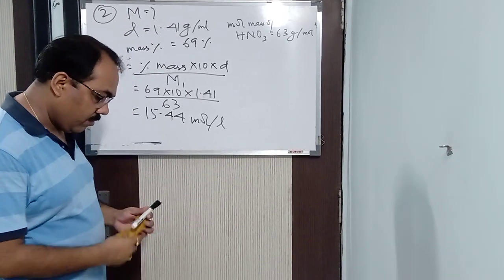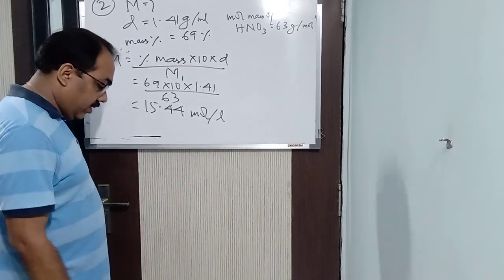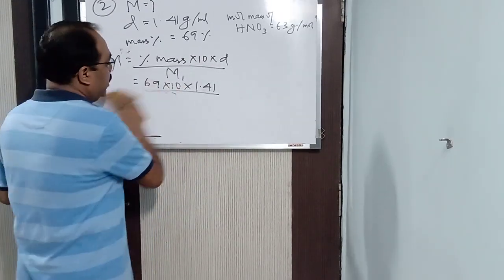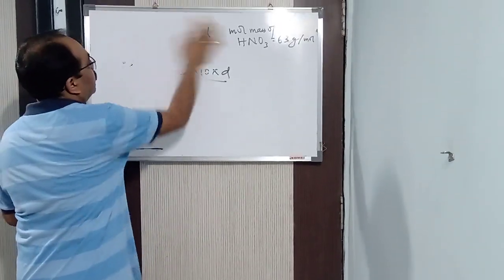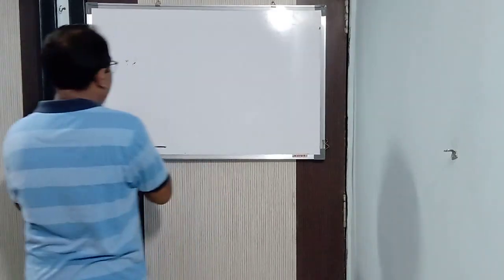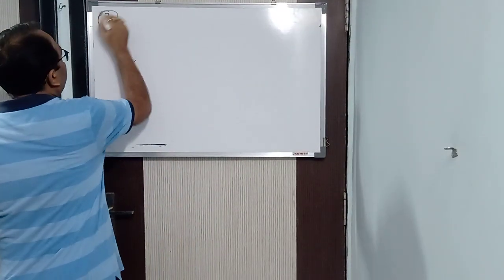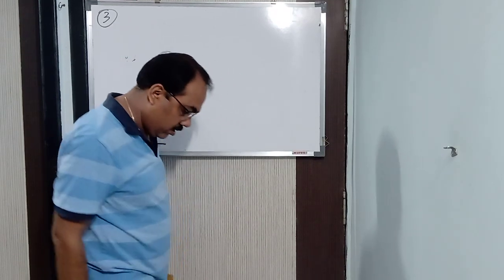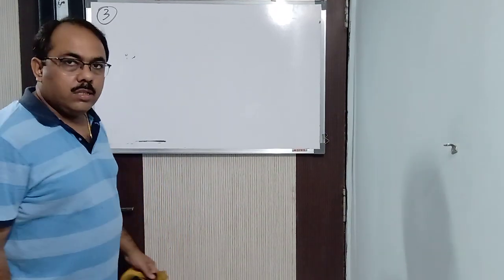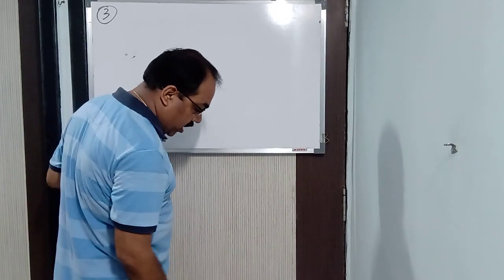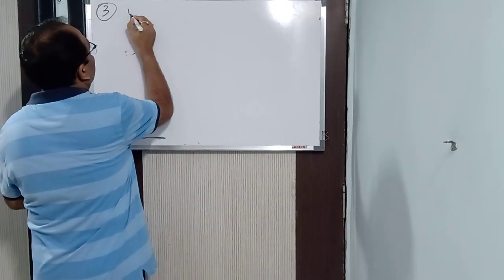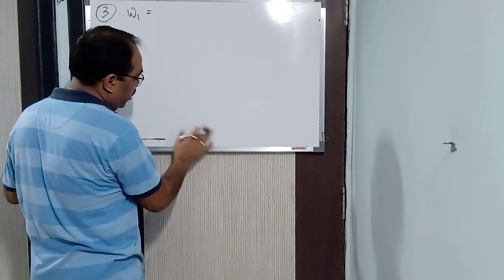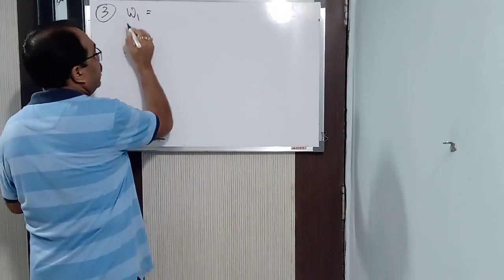Now one more we will do. Third question: 3.92 gram of sulfuric acid is dissolved in 200 gram water. So sulfuric acid is what? Solute, isn't it? It's dissolved in water. You have to understand that while reading it.